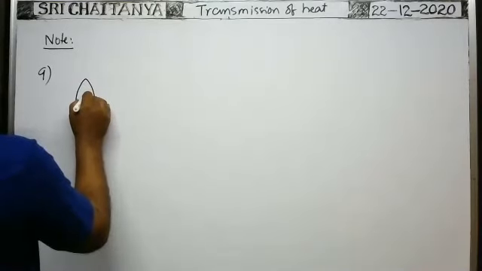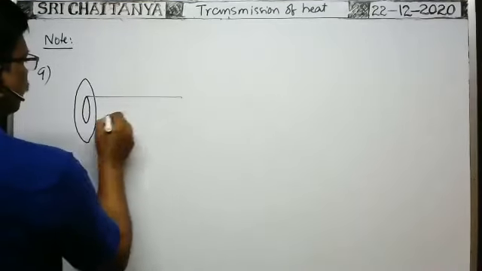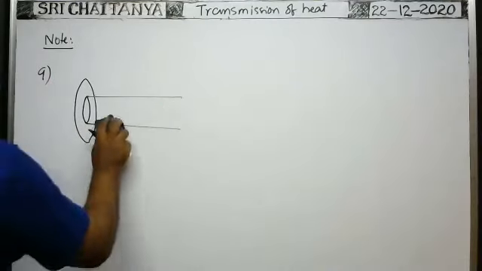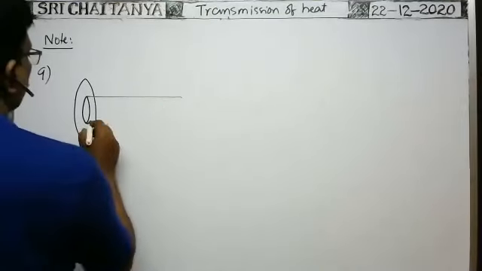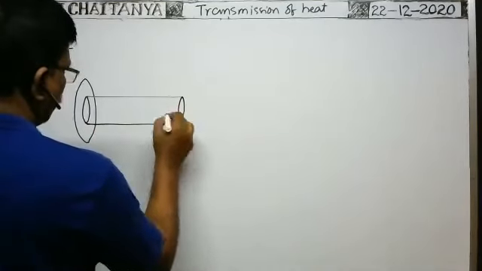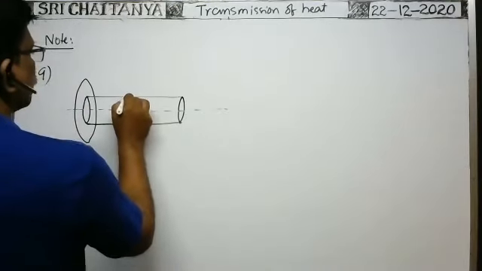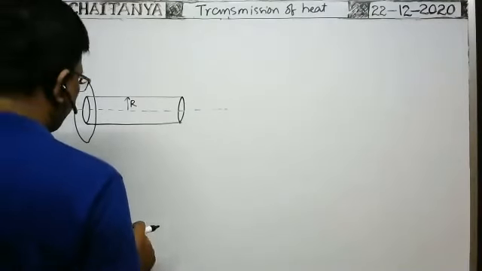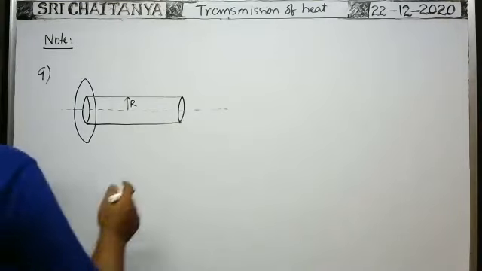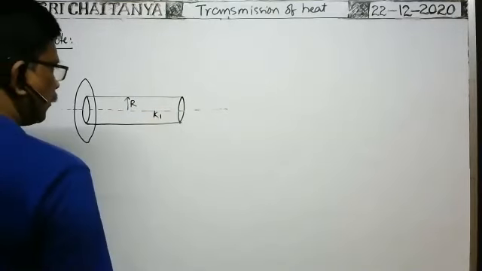Of course, initially there is a cylinder. It is one cylinder. Suppose the axis of the cylinder is this one. The radius of the cylinder is R. Here we have taken a cylinder of radius R and made of material of coefficient of thermal conductivity K1. So for the material of this rod, the coefficient of thermal conductivity is K1.